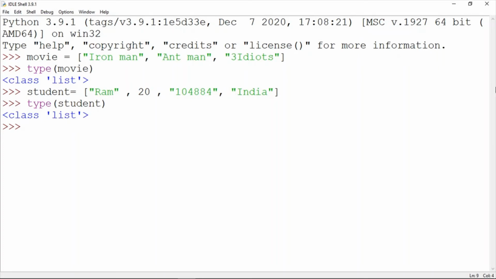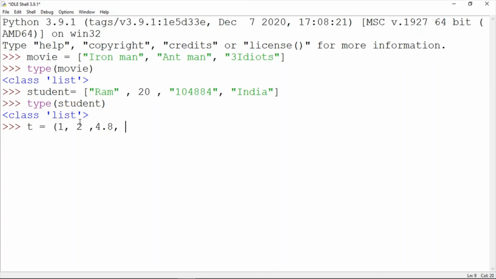Now we will see how to declare a tuple. In Python, a tuple is declared by using small braces. We will see all those things in more detail in my upcoming videos. Now I am going to create a tuple named t, which has some values like 1, 2, then 4.8.